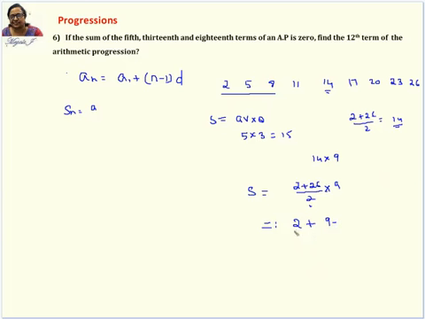This is the first term. I'm very sorry. This is the first term, and we are going to take the last term. The last term is again 2 plus 9 minus 1 d. D is 3 whole divided by 2. So this is going to be the average, and the quantity is 9. Yeah, I don't think there's any mistake in that. 4 plus 24 divided by 2 into 9.